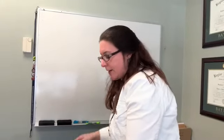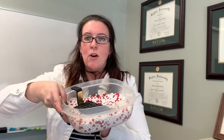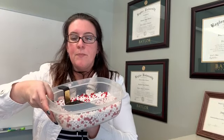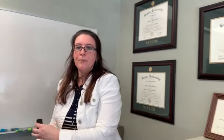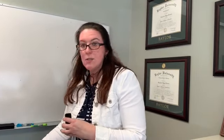And so what we have here is a number of beads. This is a container of red beads and white beads, and we'll call the red beads the defects. All right, so let's hire a worker to create white beads. What they're going to do is take our little paddle here and scoop up the beads. So we're going to take this scoop here